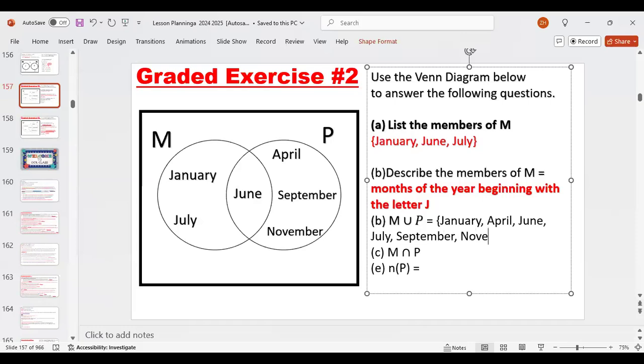November. Are we good? Excuse me, Mr. Petit. Go ahead, Antoine. You say we don't have to write this, right? No, you don't have to write this down. This is just supposed to be done in the chat.